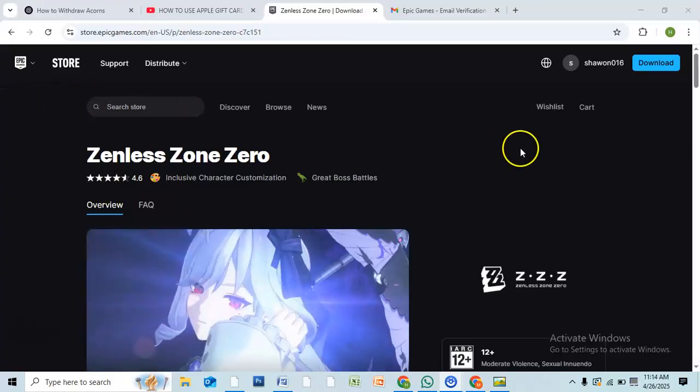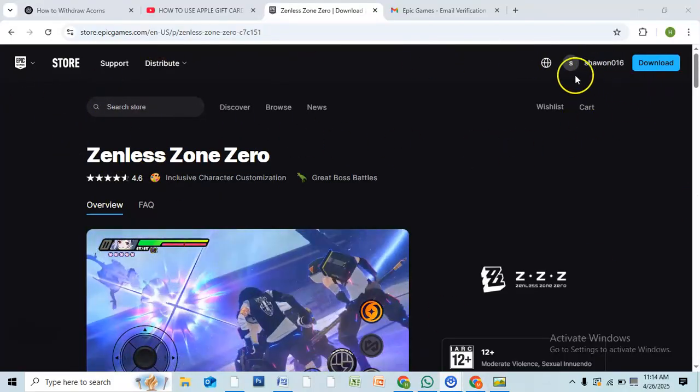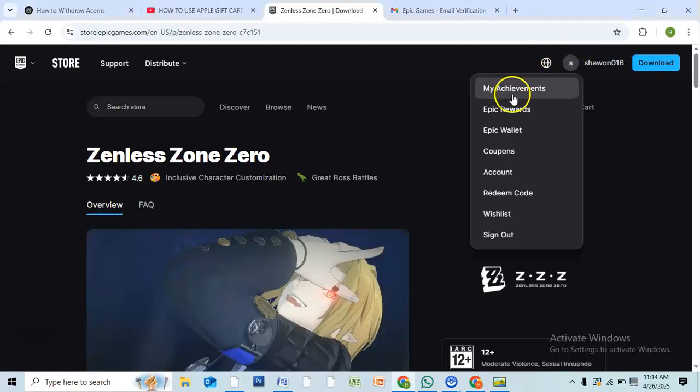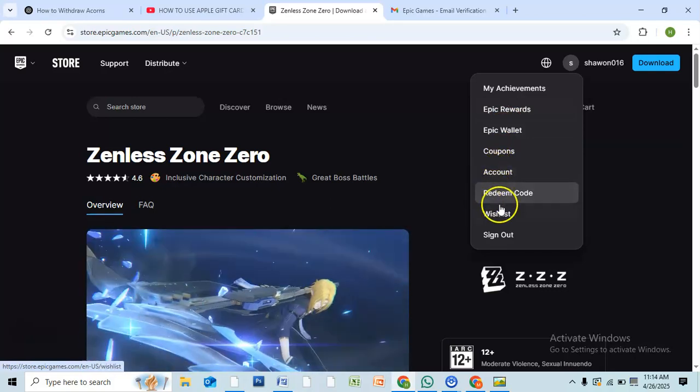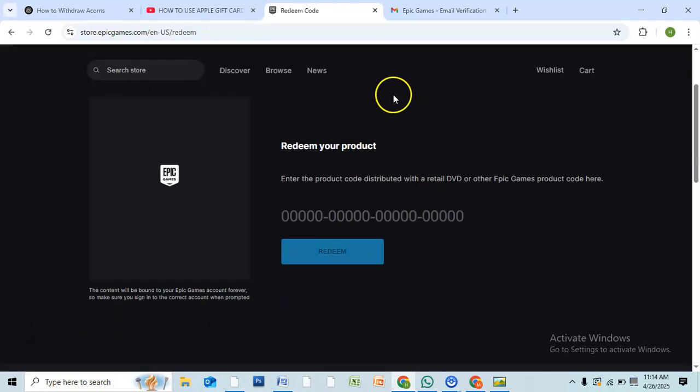For this, what you have to do, log into your account, then you will see your profile name here. Just click on it. From here you will see an option redeem code. Just select it and now enter your Apple gift card code here and select redeem, and it will be redeemed